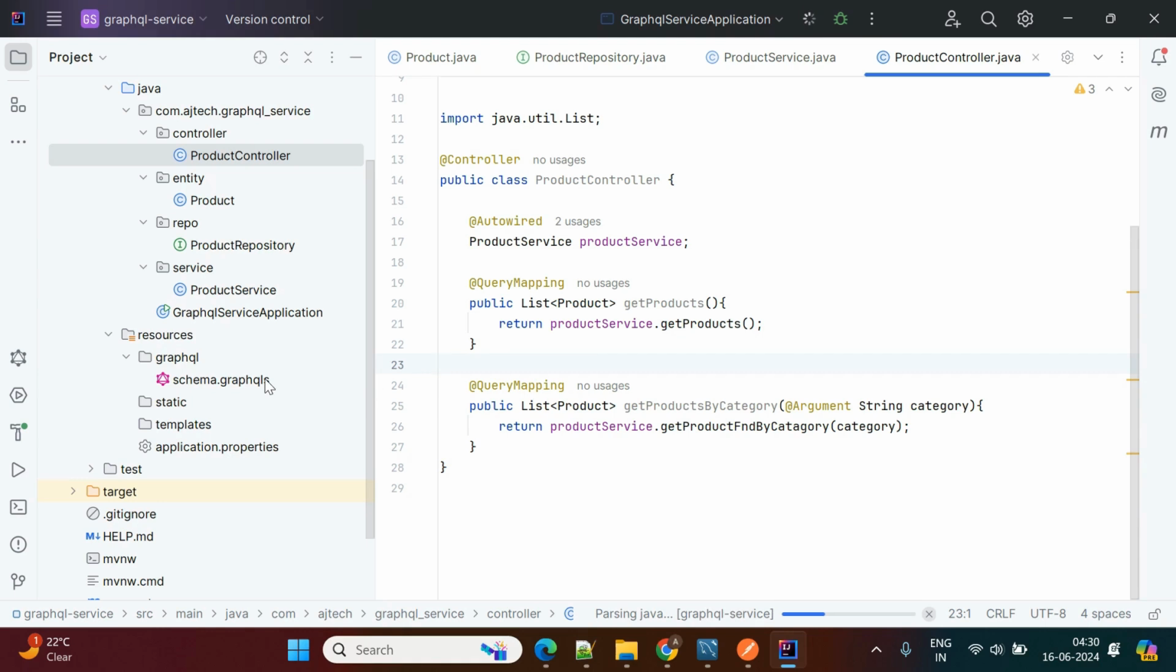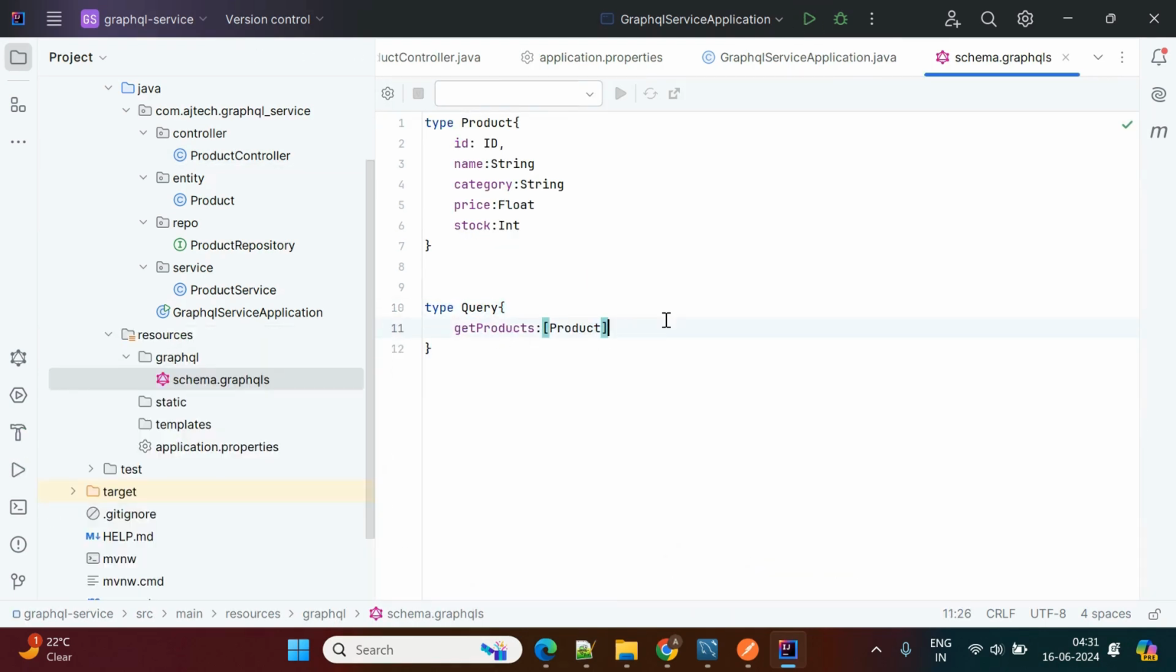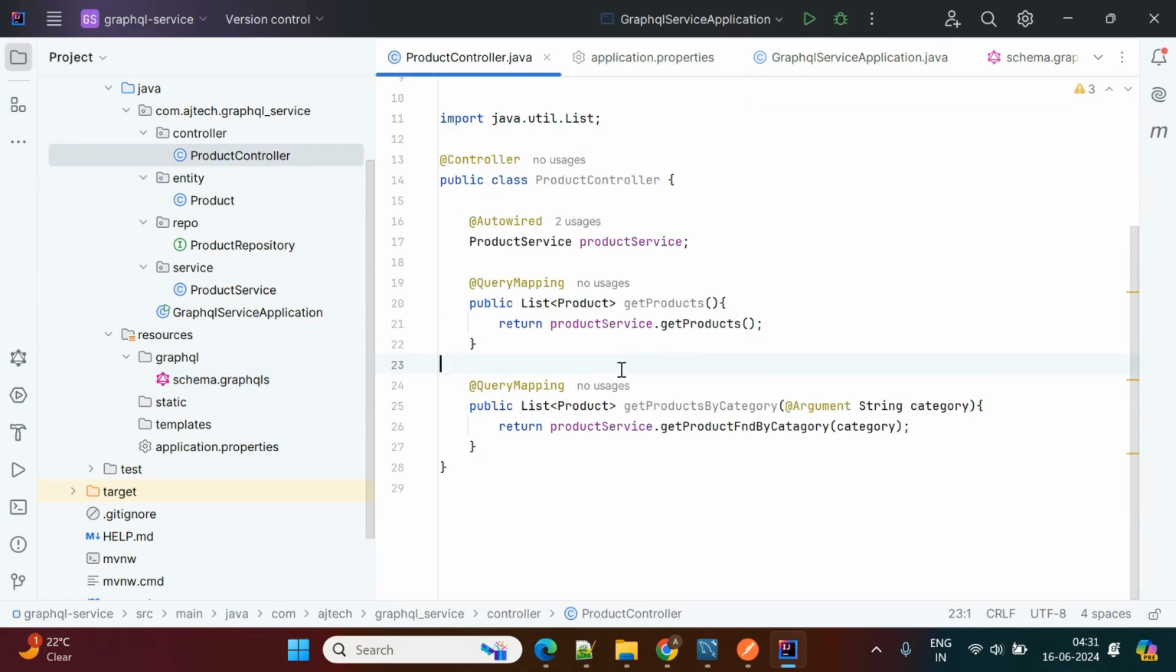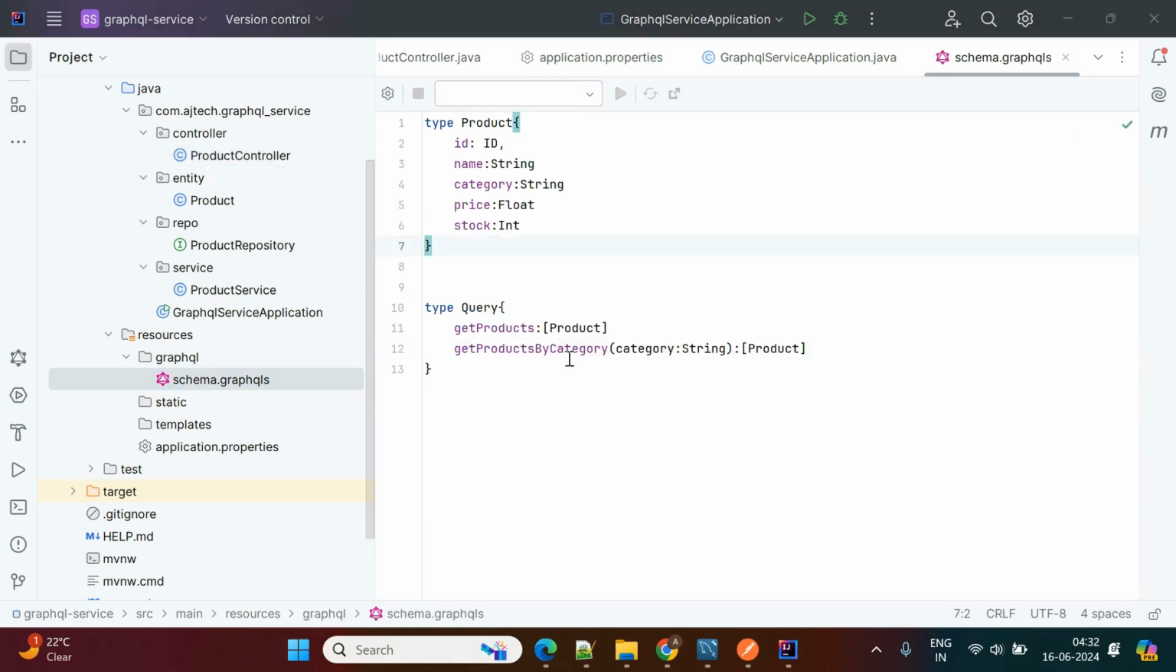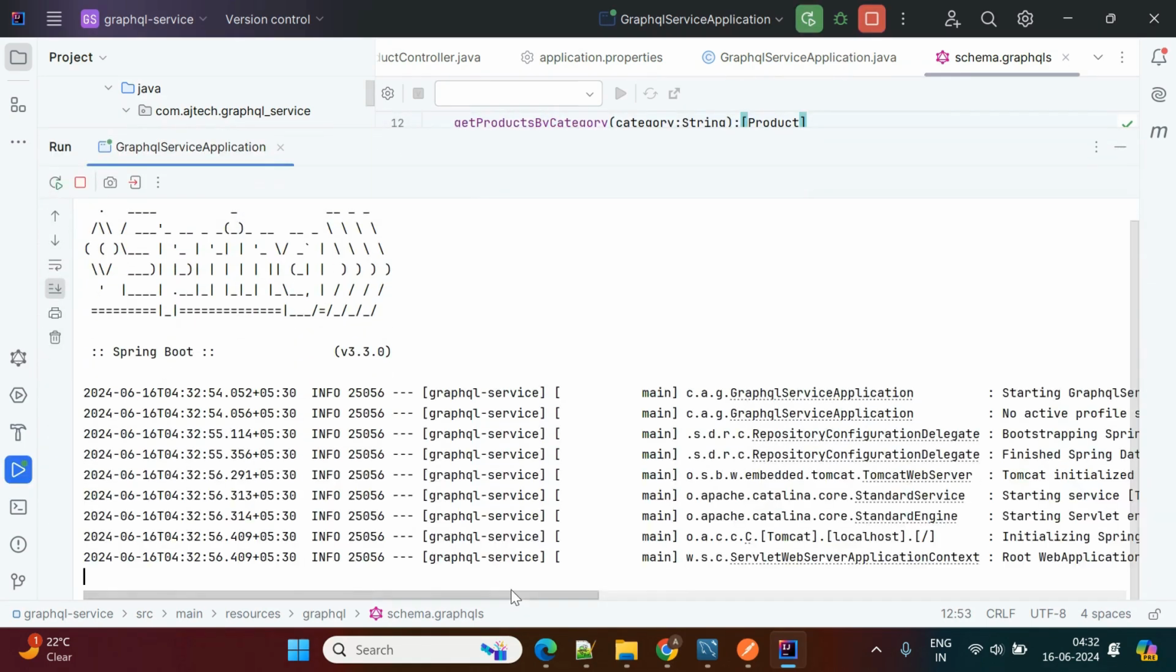And before that we need to add an entry in the schema.graphql also. So here we need to specify what is the method we are using: getProductsByCategory. Like this we need to specify the second query mapping. So now two query mappings are there. We'll restart our service once, and if you see these logs,